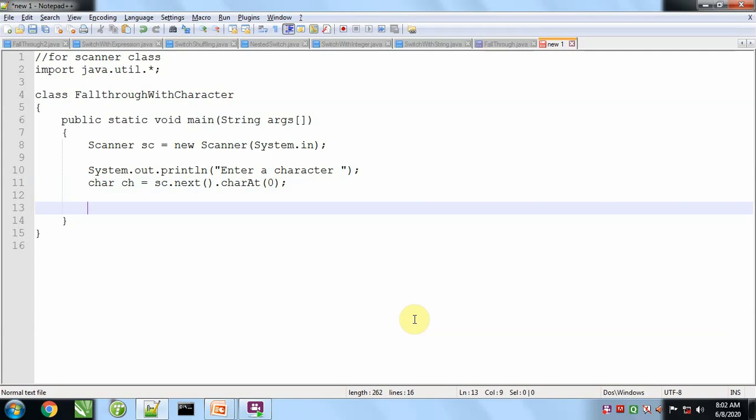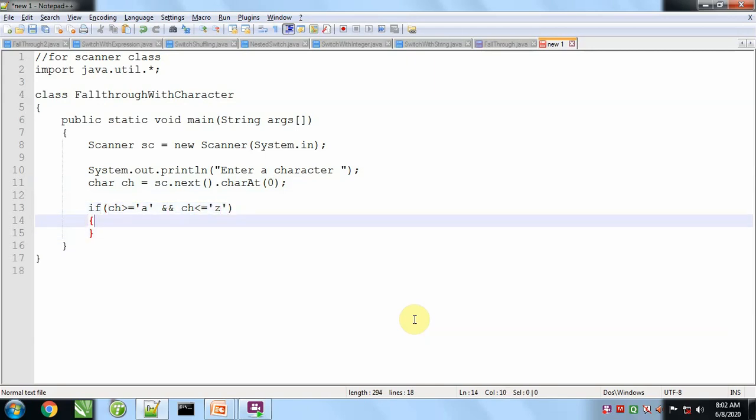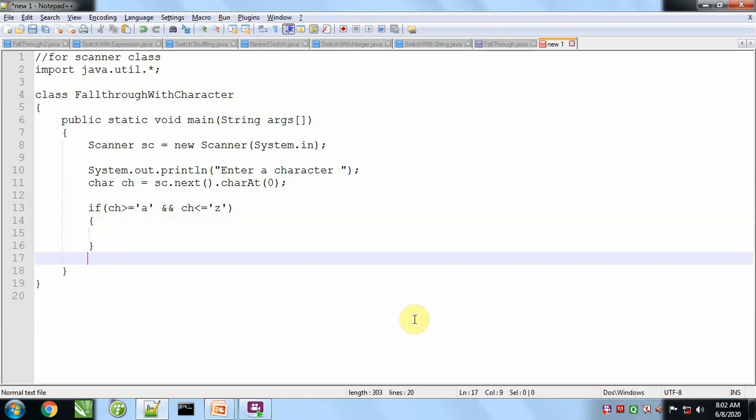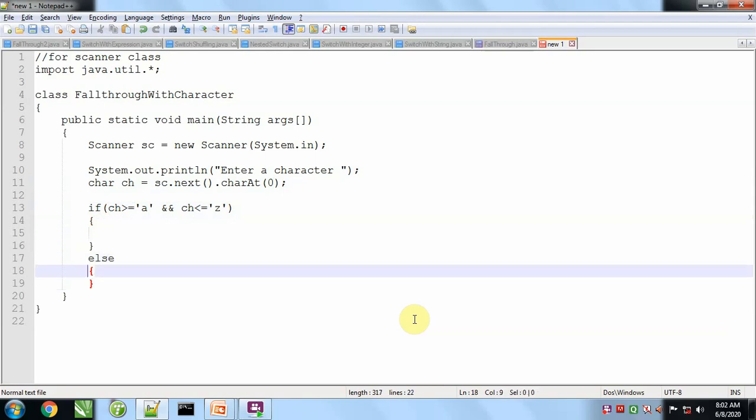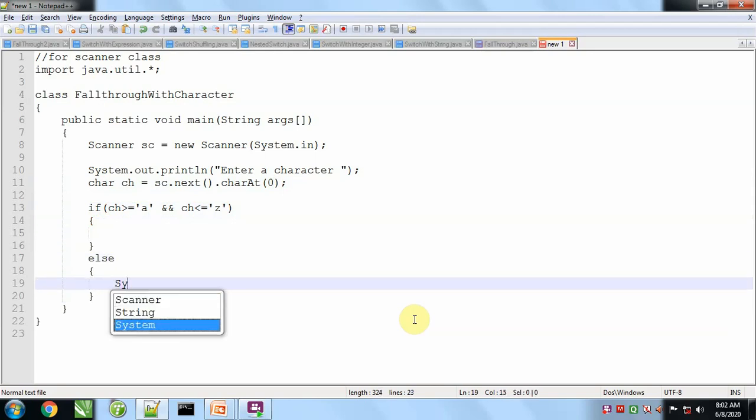Now we'll apply switch on this character, but before the switch we have to test whether it is an alphabet or not. So we'll say if ch greater than or equal to a and ch less than or equal to z, then it is okay, otherwise we will print